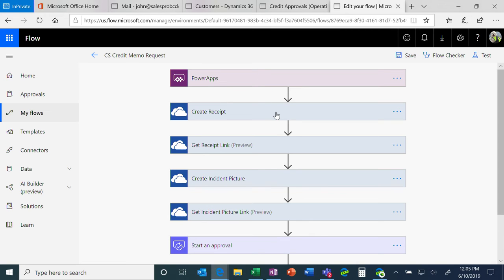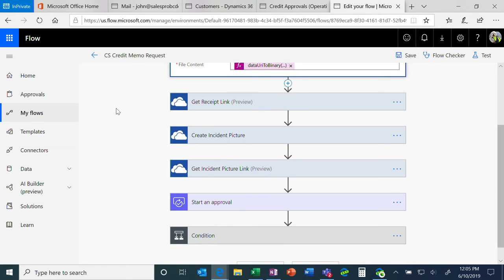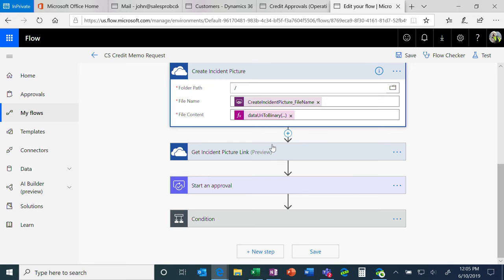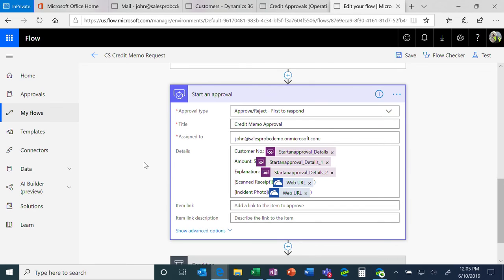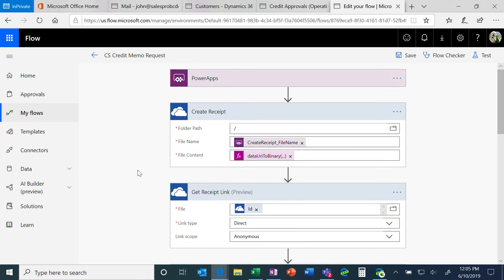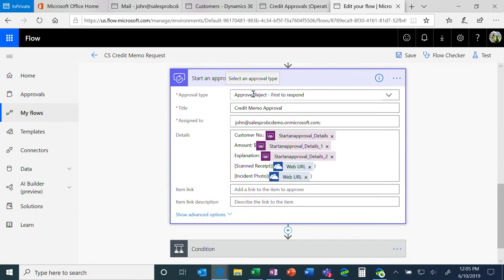So what we do is, here's where we're looking at the incident picture, and here's the approval, which is where I wanted to get to. Basically all this does is grab the information from the PowerApp, so that's where we started. It gets all of the information from the PowerApp, and then it says, okay, do what's called an approval. That's a function inside of Flow. Do an approval,